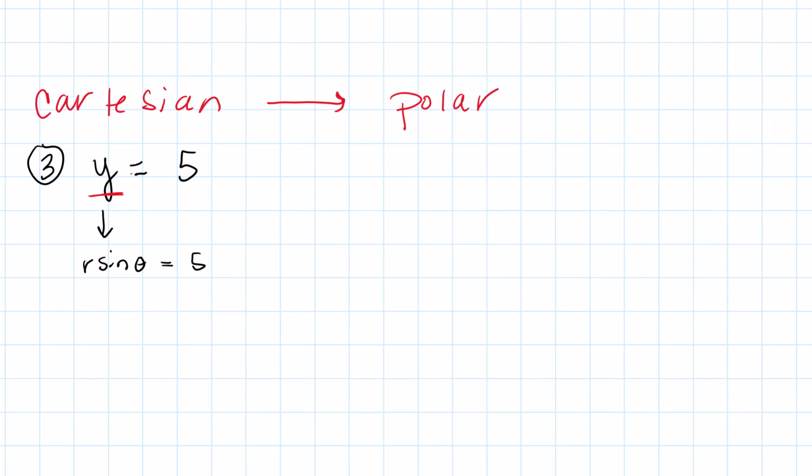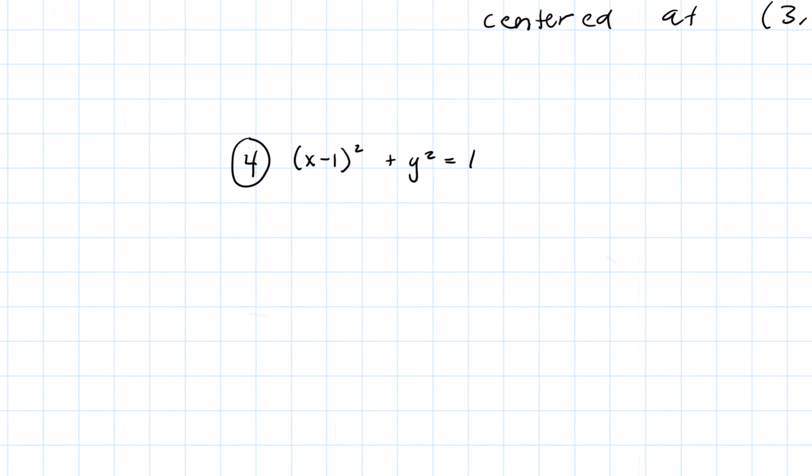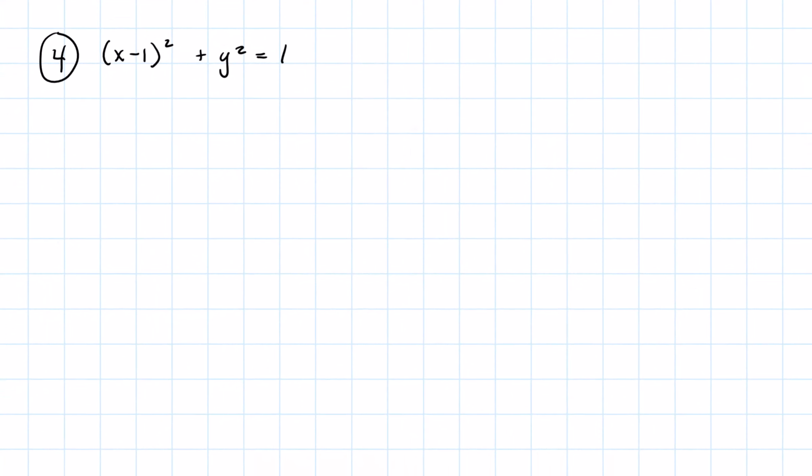So this says r sine of theta equals 5, and that's my polar equation. And that's it. That was a simple substitution. Let's look at this one. This one will also be a simple substitution to start, but we'll get in and do a little bit more